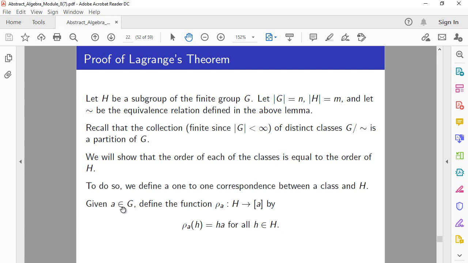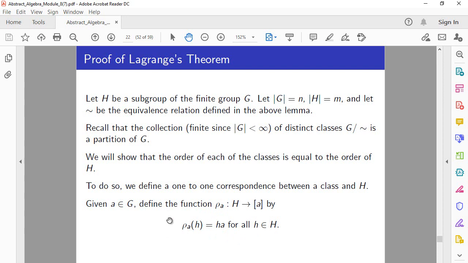So given A in G, define the function rho A from H into the class containing A. So for any A in G, consider the class containing A and define a function rho A from H to the class by the following. Rho A evaluated at h is equal to h times A for any h in H. And you can show that this function rho is a one-to-one correspondence, that it is injective and surjective,